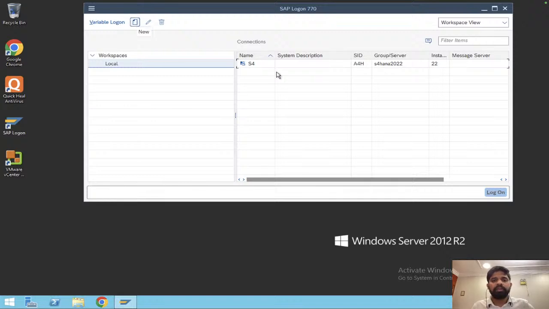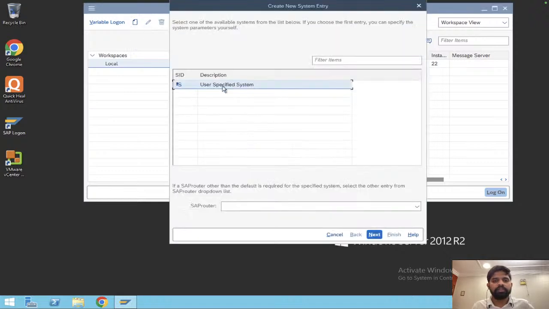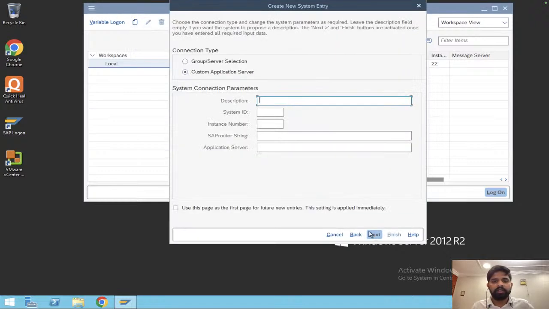So here, whenever you go to a new company, you go here, click on connections, and then you put next and all of these things: description, system ID, instance, router, application. You have to enter this. Now, obviously, the question will be from where I will get this information. So this is for a particular server.